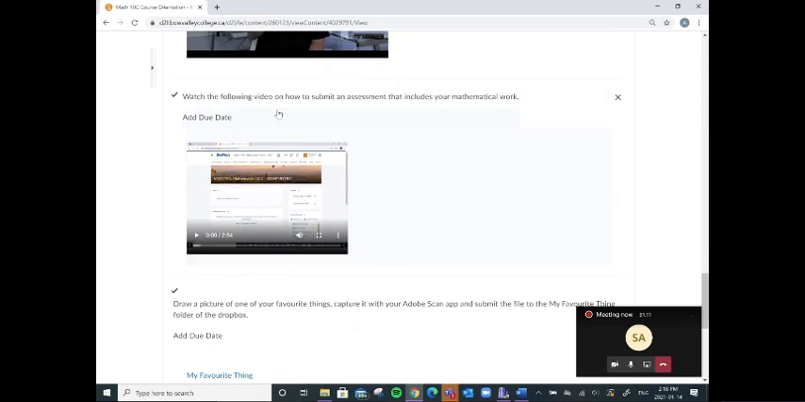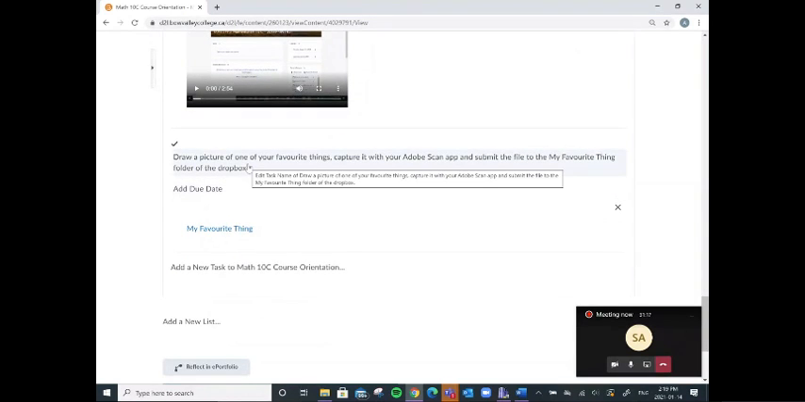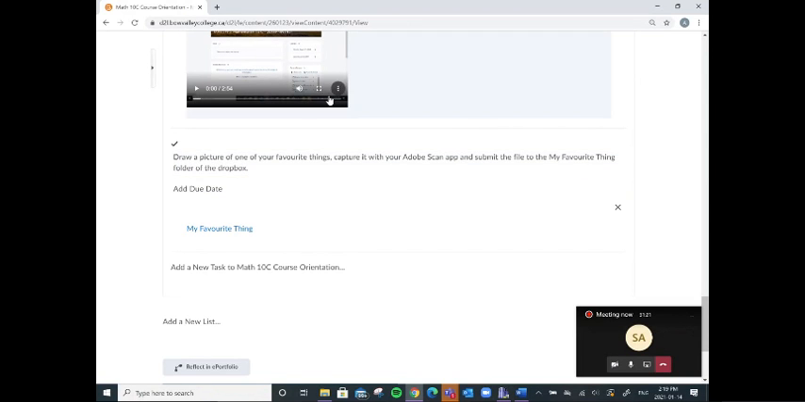And this is a video that shows you how to submit your work once you use Adobe Scan. This was just for practice, to get used to using the app. So once you've downloaded it and watched the tutorials, we just asked you to draw a picture of your favorite thing, just for something to have on paper to take a picture of. Then you use your Adobe Scan app to take a picture of it, save it as a PDF, and then you can